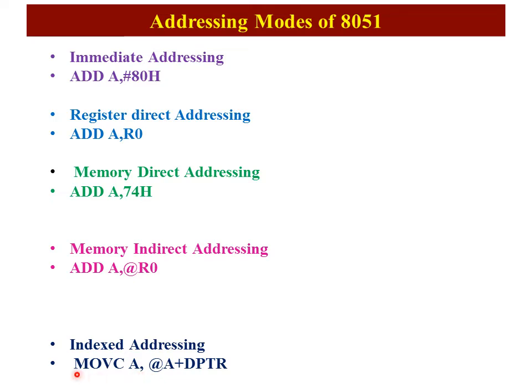That is the meaning of this instruction, MOVC A comma @A plus DPTR, or simply it will be treated as MOVC A comma BX plus offset. That's it. But here BX is stored in the DPTR register, and the offset is stored in the accumulator register. Now here the @ symbol is given to attach it with the accumulator, identified as an offset. Like that, addressing modes are presented in the 8051 microcontroller.